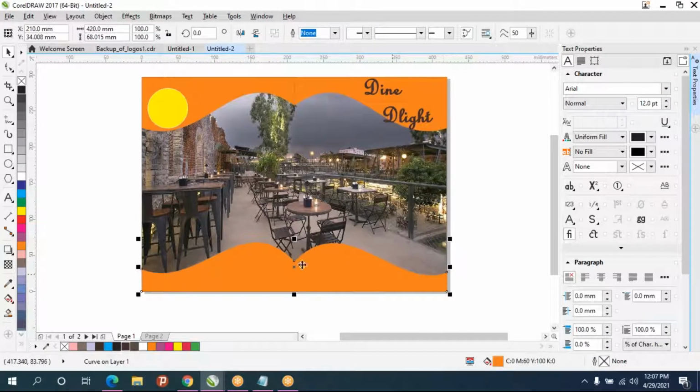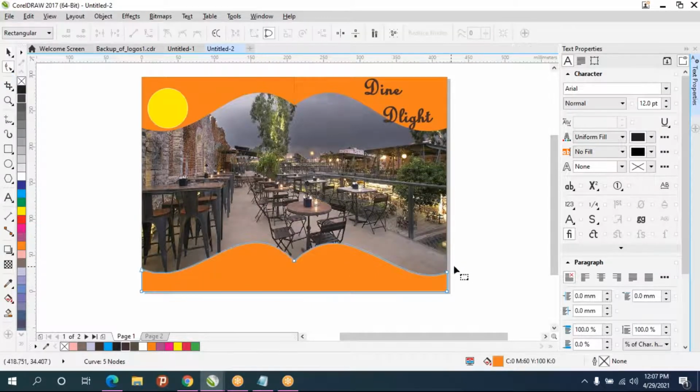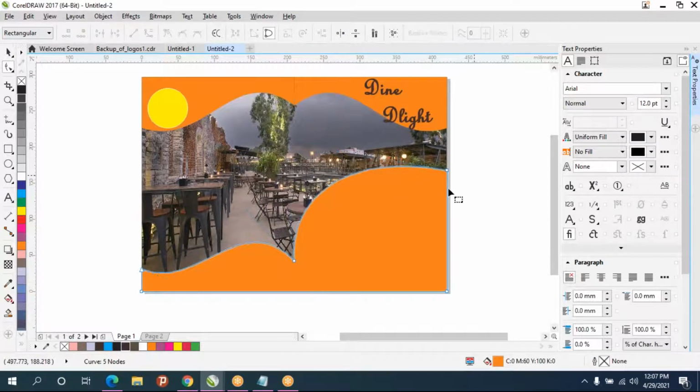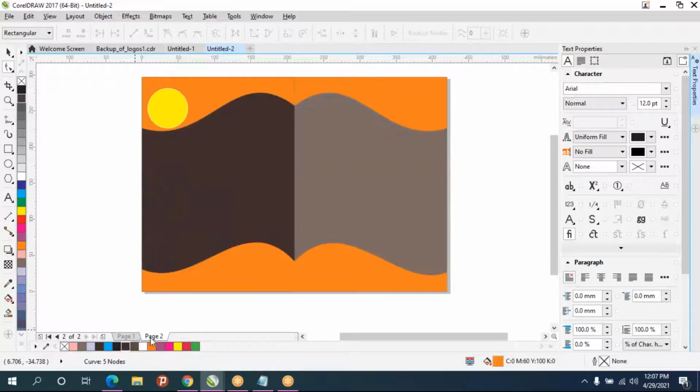So like this you can keep, and always you can edit the designs as you like. So we'll see this afterwards, and we'll go to the back design.